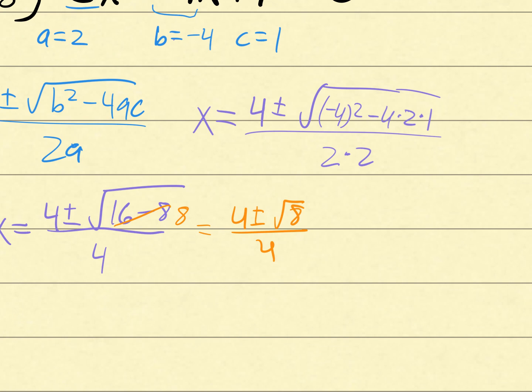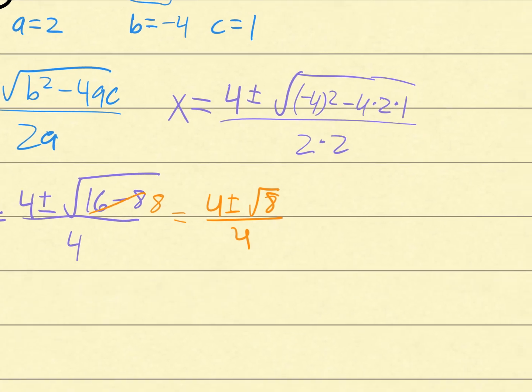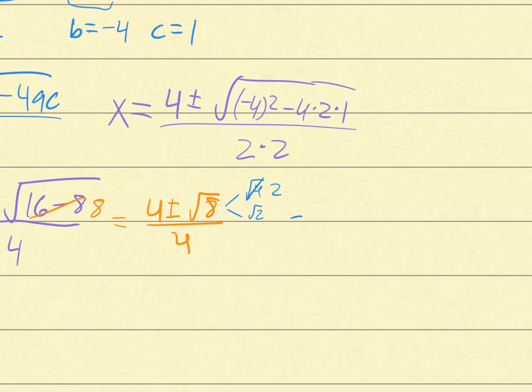Cancel out the 4? I wouldn't do that yet. You can simplify a little bit. What are we going to simplify first? The square root. Okay, let's simplify the square root. The square root of 8 we can turn into the square root of 4 times the square root of 2, and the square root of 4 becomes 2. So we get 4 plus or minus 2 square root of 2